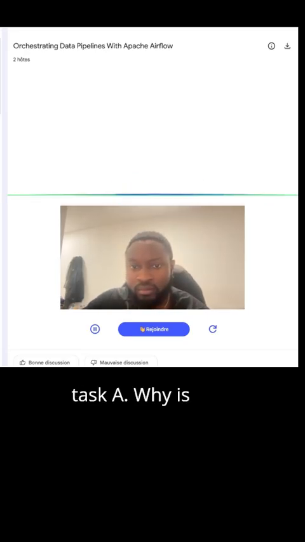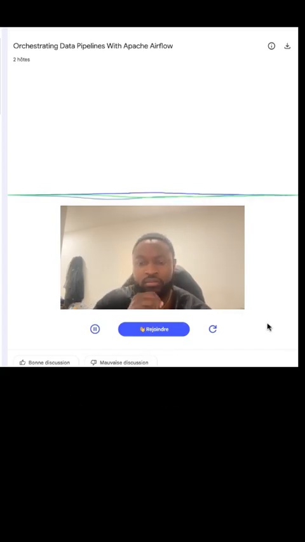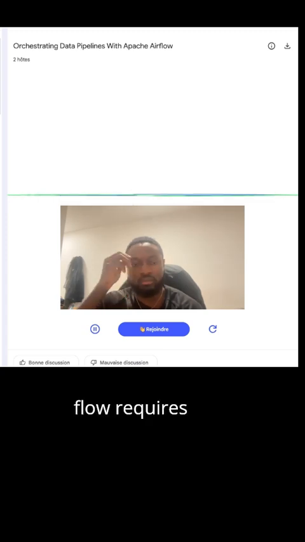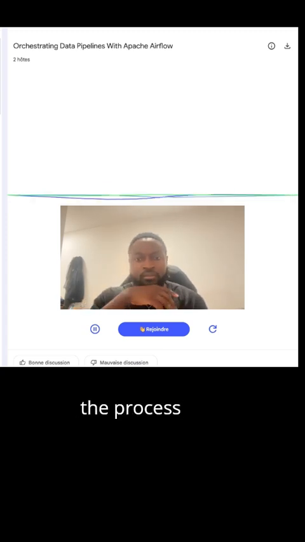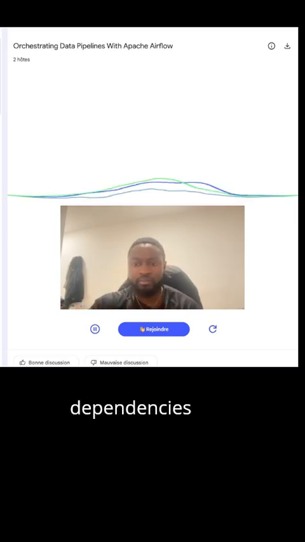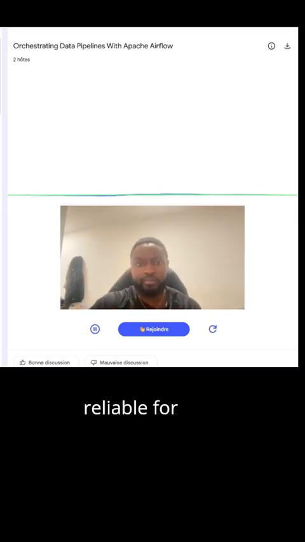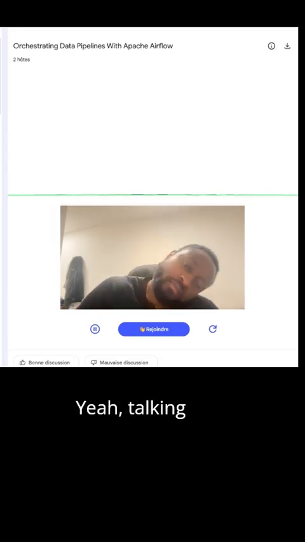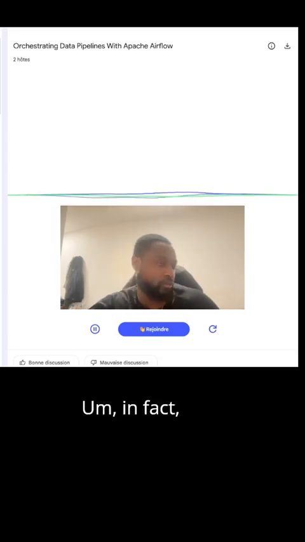And that brings us back to the crucial second part, acyclic. We mentioned this earlier as key advice for your certification. It means no loops. Task A cannot eventually lead back to task A. Why is that rule so important conceptually? If a pipeline had a cycle, it could run forever. It would be an infinite loop. Exactly. Airflow requires a finite end to guarantee the process finishes. This focus on defined ordered dependencies is what makes Airflow reliable for data orchestration.